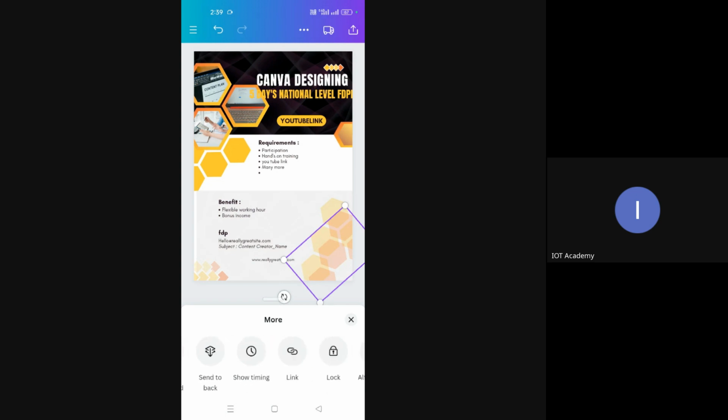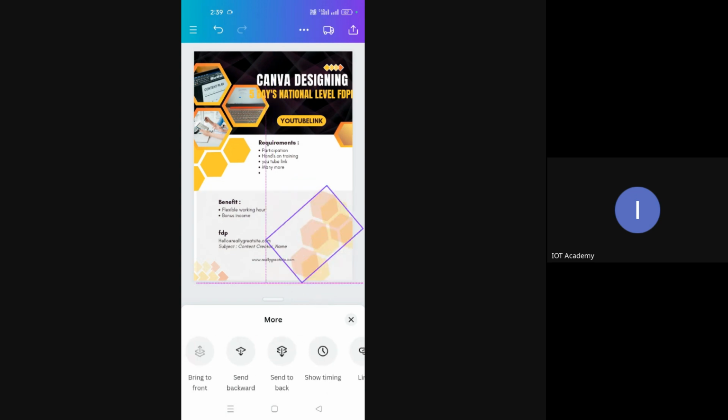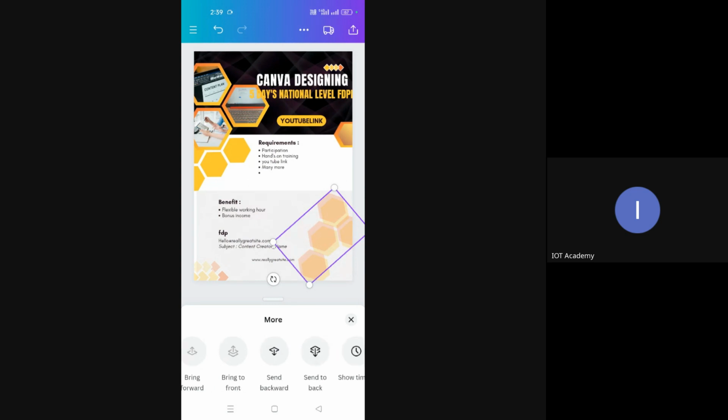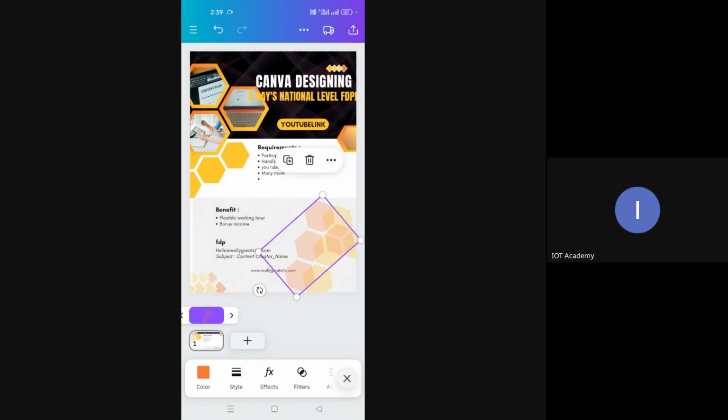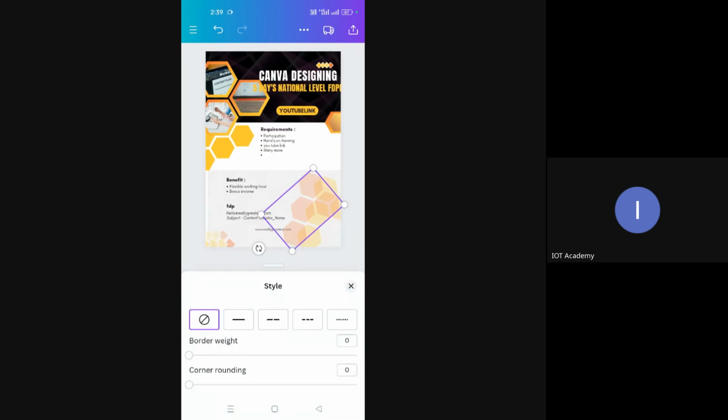Bring it backward is where, when it is coming up on a particular font or an image, you can hide them above the photo or below the photo. So that way you can use these options. Timing is also there, where you can set the timing for the effects that you are fixing. Styles are there where you can select the various styles.